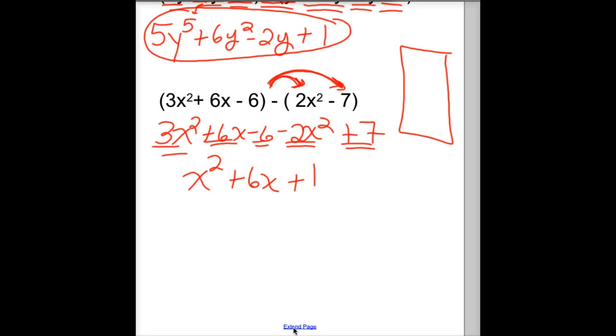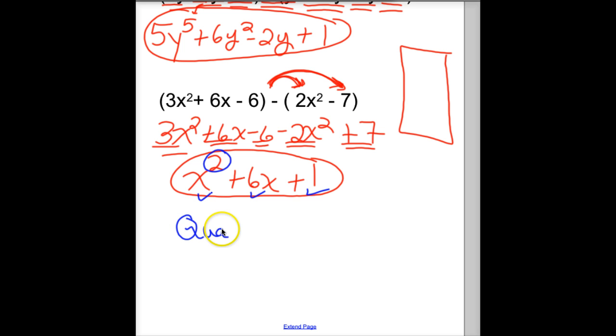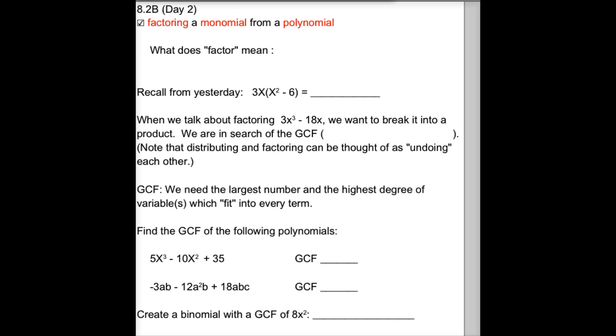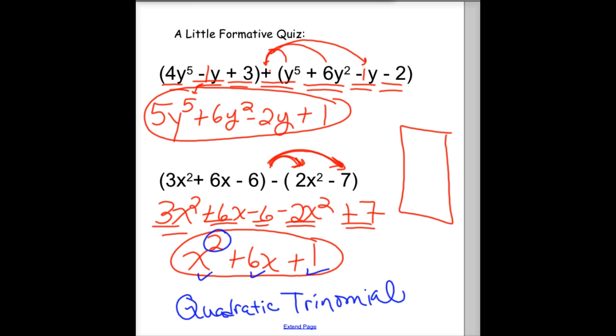And then I'd even challenge you right now to name that based on its degree. Second degree gets a special name. Do you remember what it is? Don't page back in your notes. And number of terms, kind of like number of wheels. So we've got a quadratic, 3 terms, 3 wheels, tricycle, trinomial. And that's the end of this lesson, I believe. Let me go check here. Yes, it is. All right, so I am going to